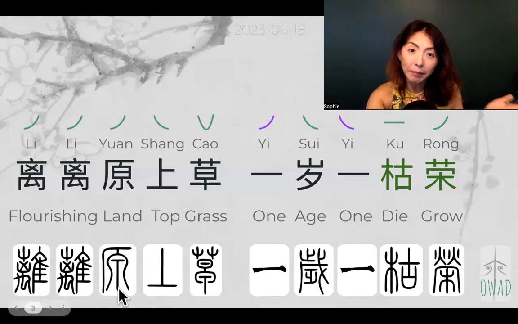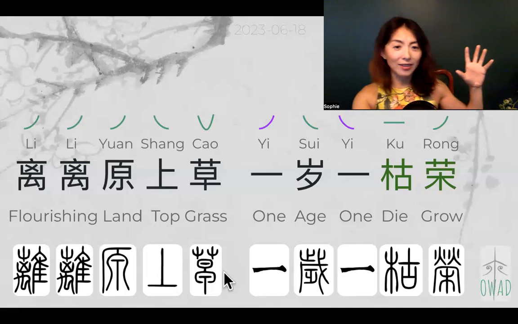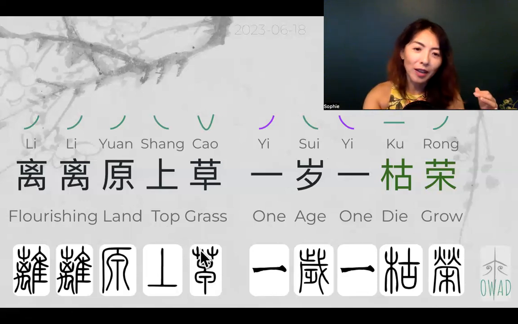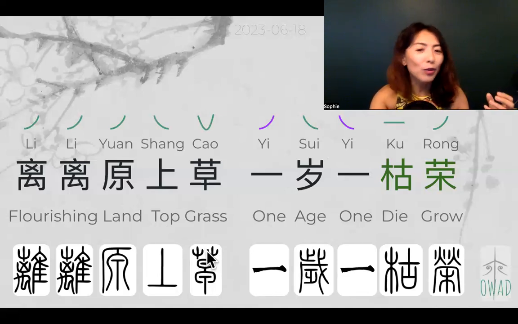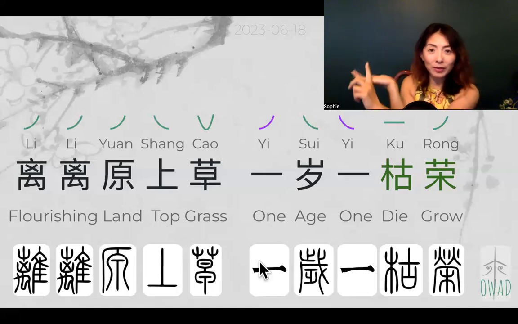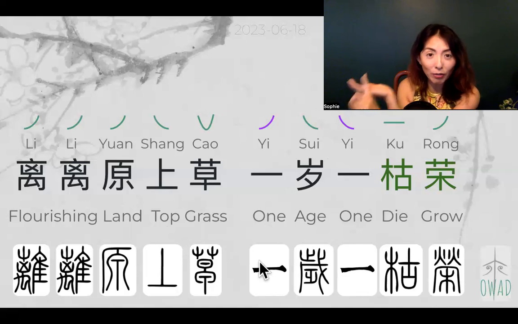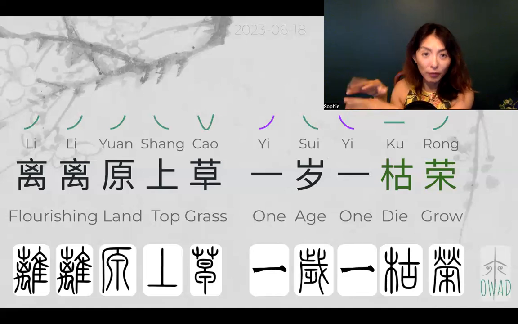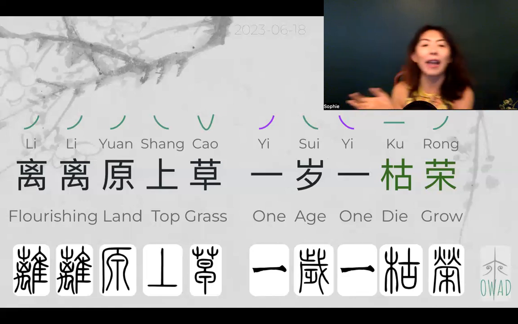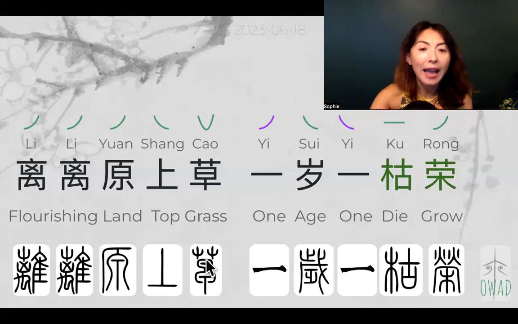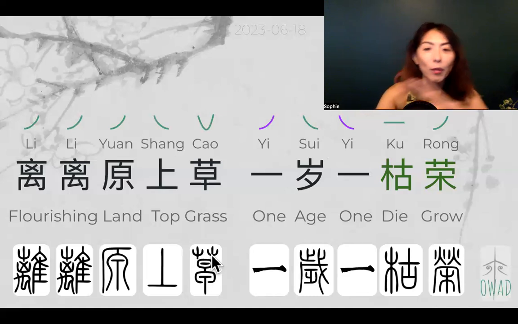So on top of this big piece of land, the grass. The grass symbol itself comes along. Eventually, we don't draw out the whole thing. We just use two little cups with a vertical line that shows the growing grass structure, the little twigs of the grass. Two of them means that when grass grows, it's oftentimes a cluster of them growing. It's not just a single thing growing, right? So that's how grass works. And eventually we just use this symbol everywhere to mean it's something related to grass, to plants.